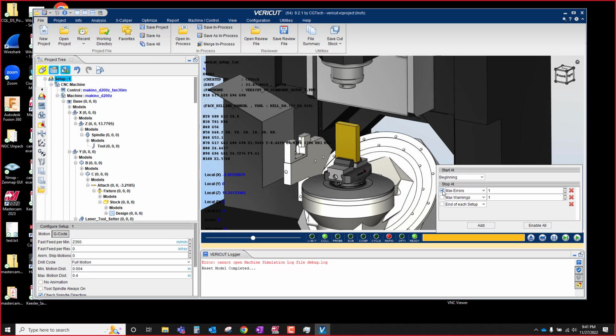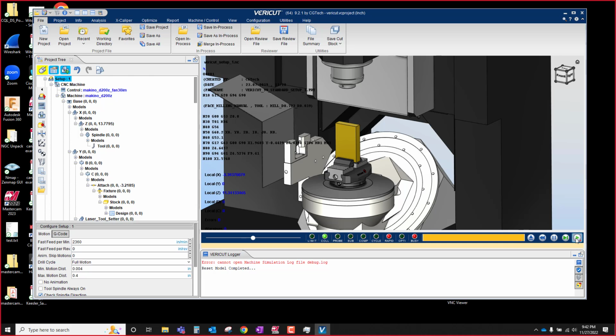Stop at. I can turn on max errors. Hey, if I get an error, stop. If I get a warning, stop. Or I can tell it I want to stop at the end of each setup. I can do end of each file, end of each setup, when a variable changes, when a variable is set, when I hit a program stop, when I hit an optional stop, when a certain number of lines have been run, or if there's an annotated image. So I'll say stop at the end of each setup, or stop if we hit an error. So now when I hit play,